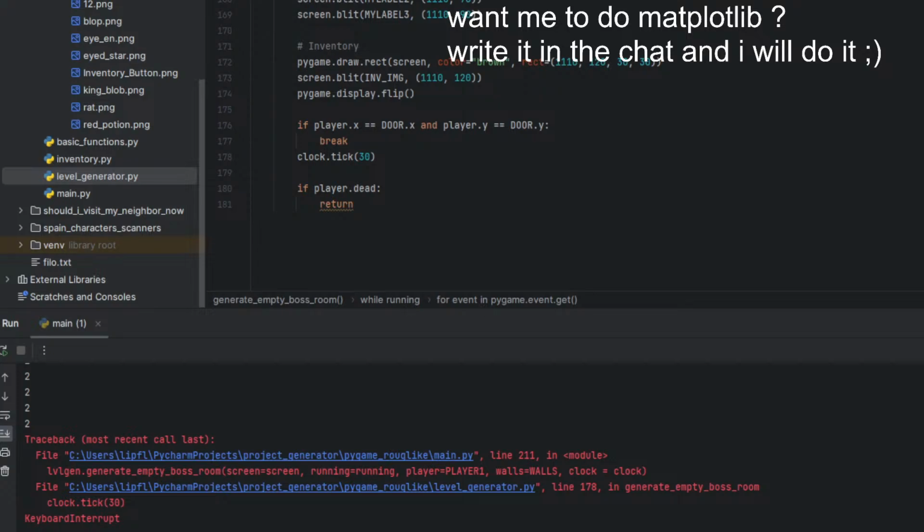And for that, let's see how we can handle this. Shouldn't be that hard.